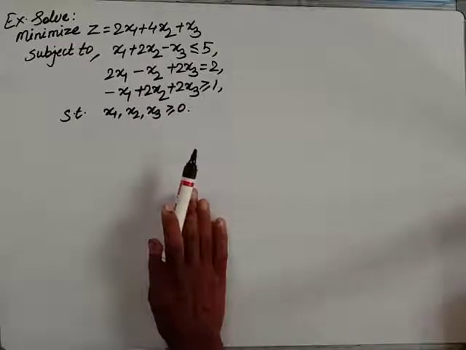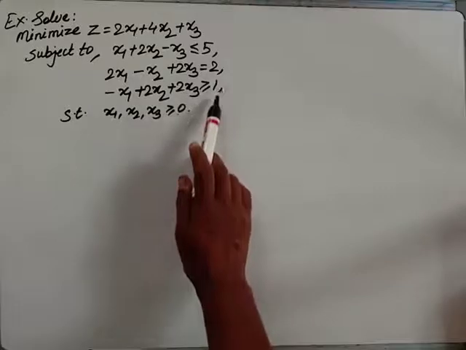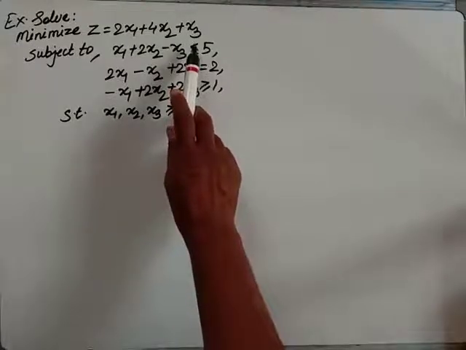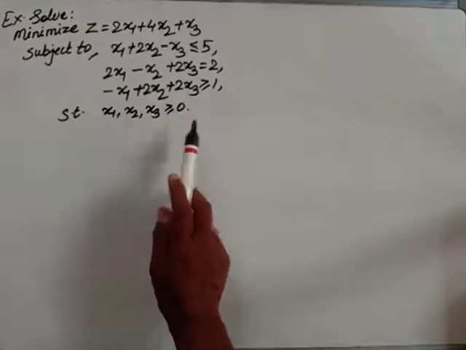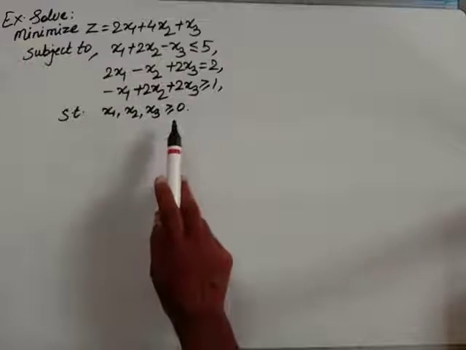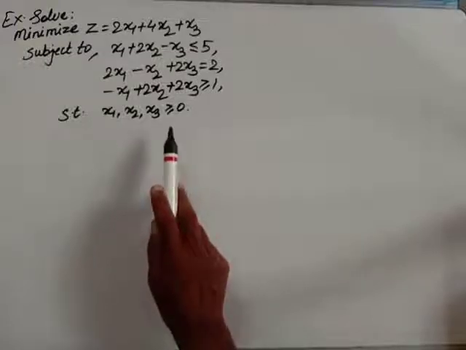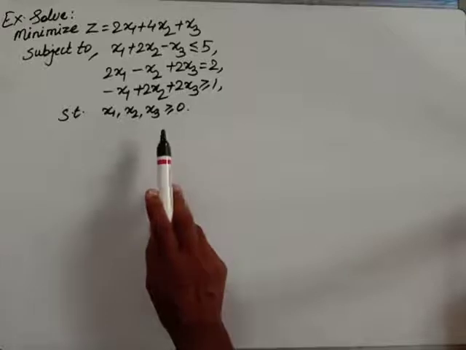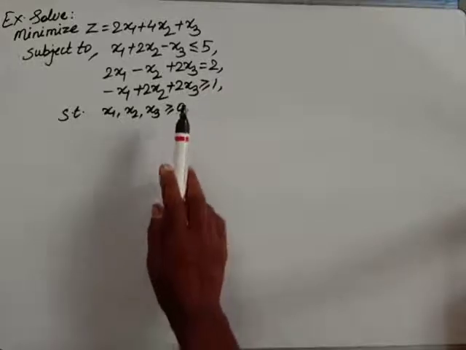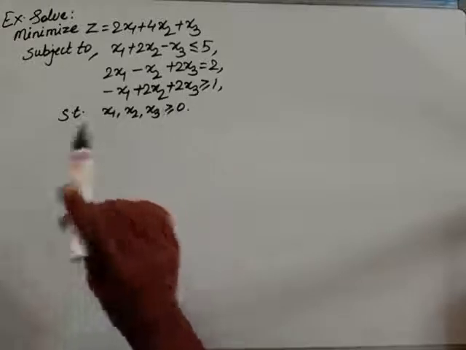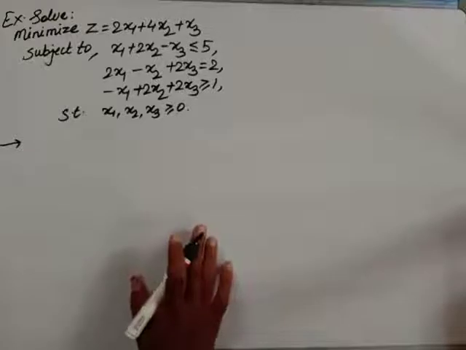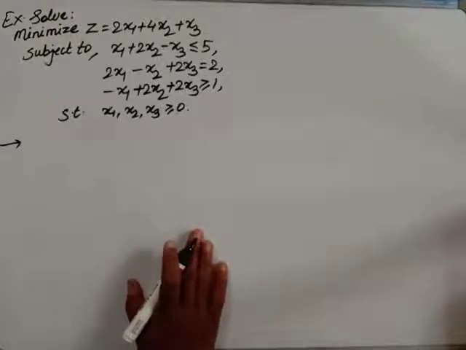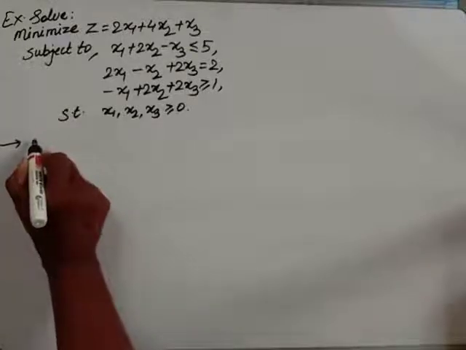But here it should be noted how many variables it has: 3 variables, 3 constraints. The number of constraints doesn't matter, but the number of variables matters. If only two variables are there, then you have a choice, you can solve it by the graphical method also. But now the variables have increased, so you don't have a choice and you have to use the simplex method only. For that we need the initial simplex table, and for that we first need the standard form. So let us write down the standard form.